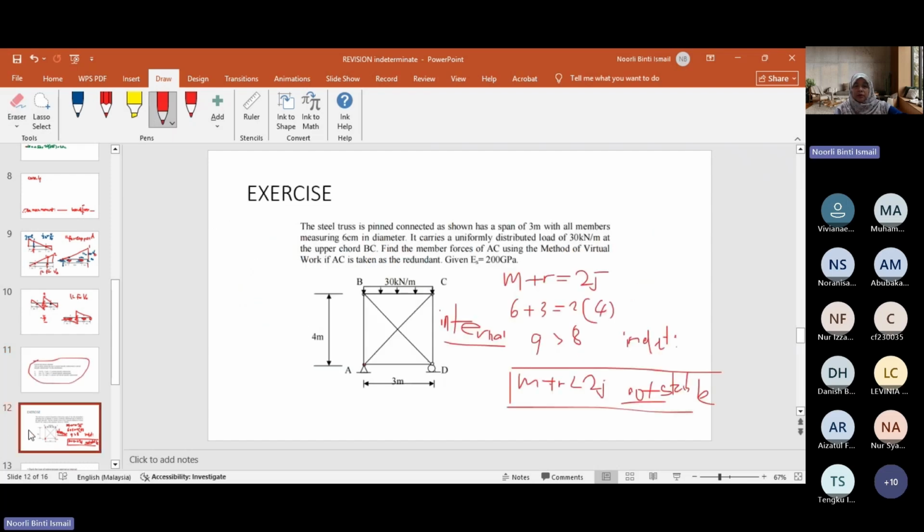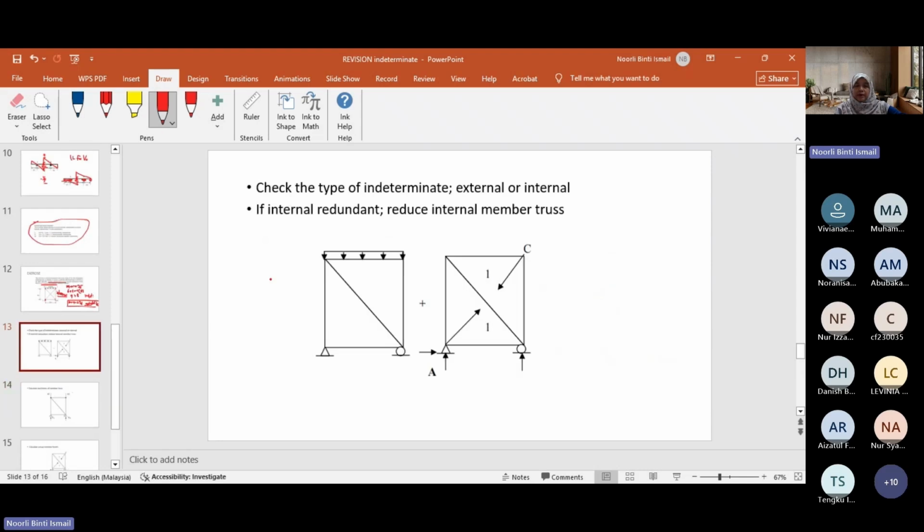Okay. After you find this is internal, the first thing you need to do is reduce the system. Internal means what? Remove the member of the truss. So in the question, they already stated for you: find the member force of AC, and AC taken as the redundant. So that means you need to remove AC, throw away this member. Okay, so when you remove AC,